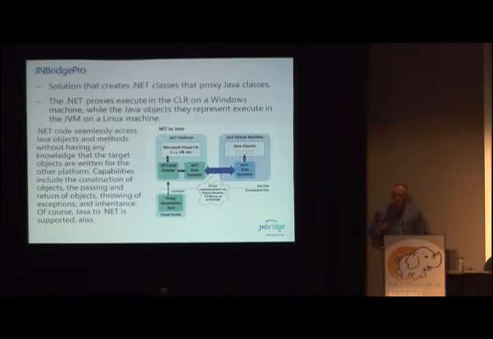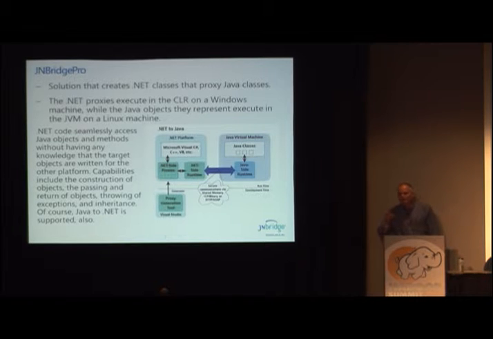At the end of that development, you'll actually have an assembly that's full of .NET objects that are proxies for the actual Java objects. And so the .NET proxies run in the CLR, the Java objects run in the JVM,